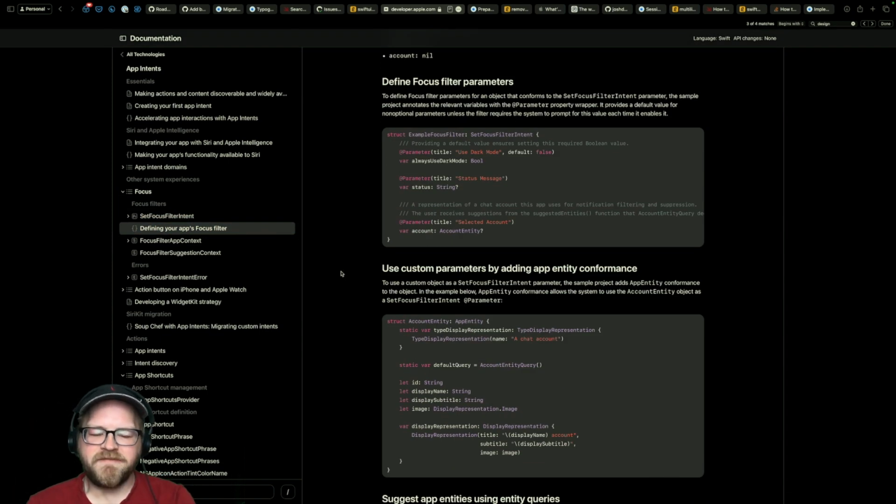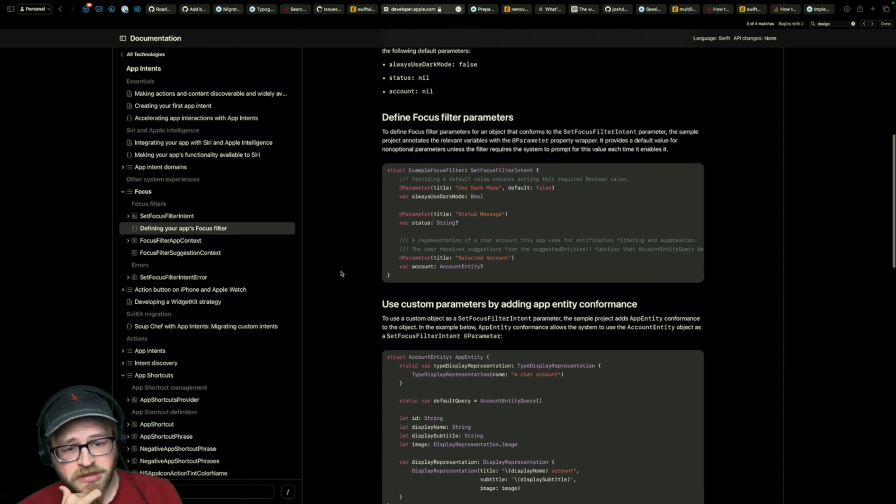So we have to implement a set focus filter intent. Providing a default value ensures setting this required Boolean value. To define focus filter parameters for an object that conforms to the set focus filter intent parameter, the sample project annotates the relevant variables with the add property parameter value. Okay.